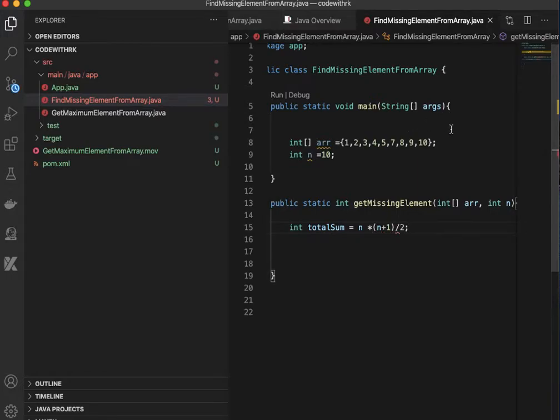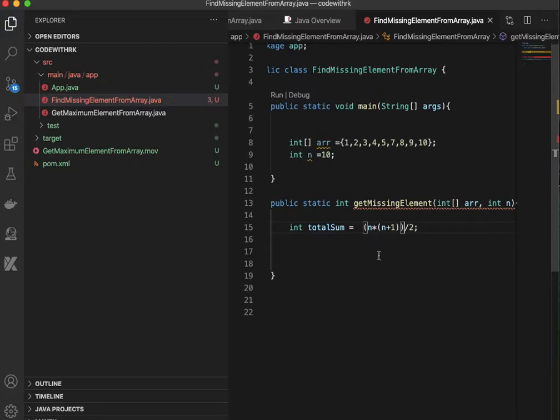So this will give me the sum of 1 to 10 elements. Here my n is 10, so when I multiply n plus 1, that is 11, with 10, that is 110, and divide by 2, that means this total sum should come to